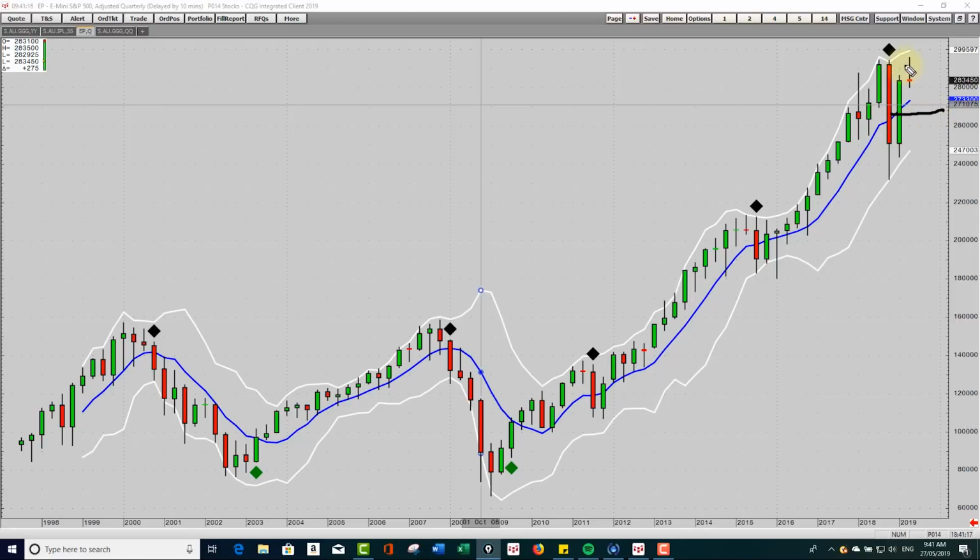So as this market sells off after that false break and the news gets worse on US-China, you're setting up the potential of at least a couple of 100-point sell-off. And if we go into the shorter term charts,